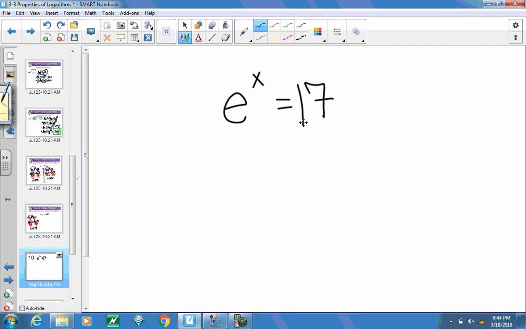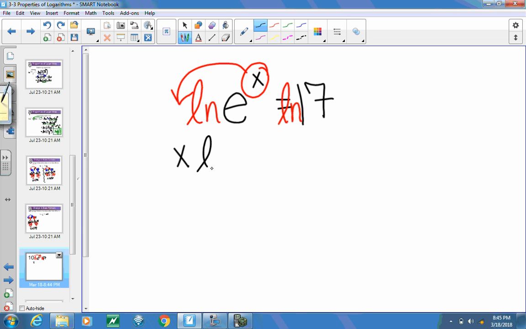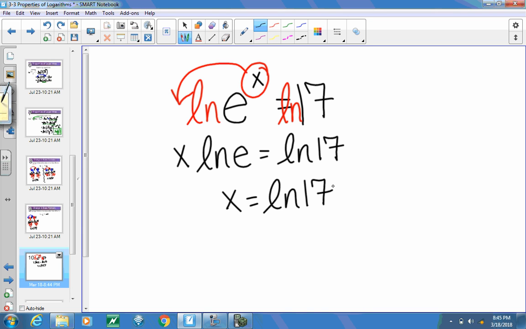So in this case here, you could take log base 10 of both sides, or we're going to be talking about how we can take the natural log of both sides, bringing down this exponent then. So x times the natural log of e is equal to the natural log of 17. Natural log of e is 1, so x equals the natural log of 17,